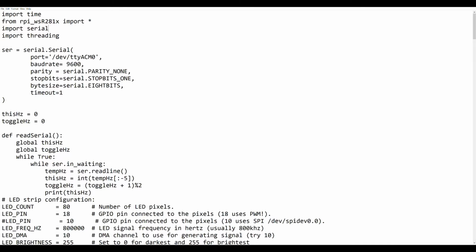Okay, so this code is two main parts. It's got the reading the notes, and then it's got the doing the whole Space Invader thing. So we got four main libraries. We got time for the timing in the game. We've got the addressable LEDs. We've got serial to read the Pico, and we've got threading to run two threads at the same time. Serial is going to be listening at this address at this baud rate